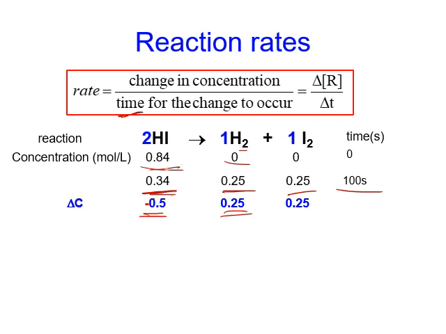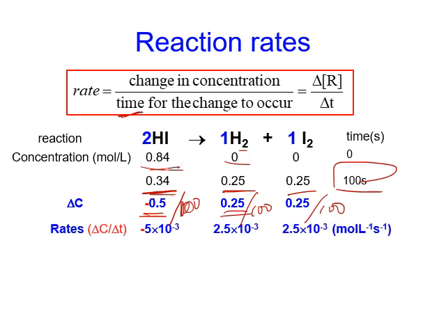So to calculate reaction rate, we use concentration change divided by time. Time is 100 seconds. So the reaction rate for the reactant is negative 5 times 10 to the minus 3. For the product, it is 2.5 times 10 to the minus 3. Okay, so this example